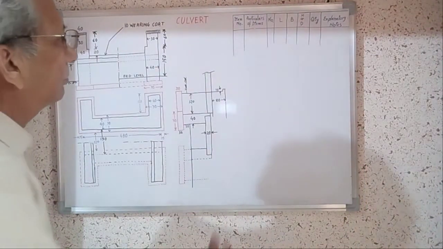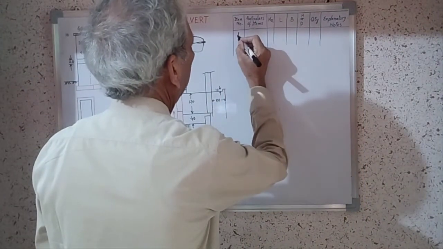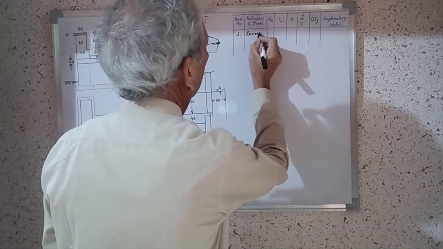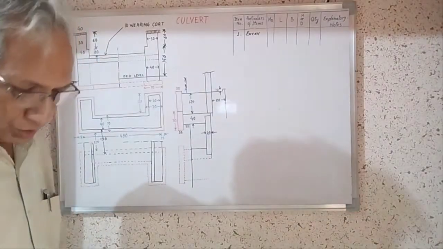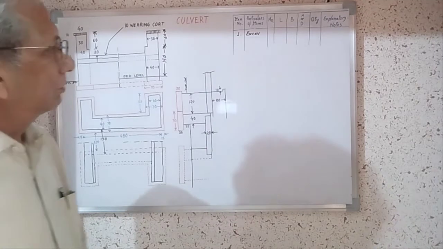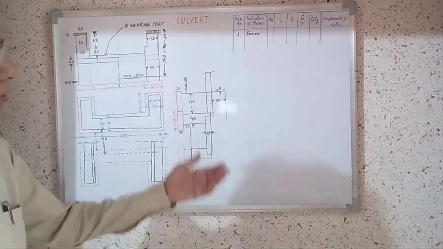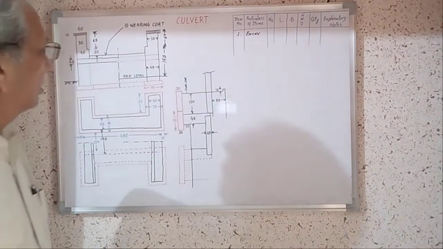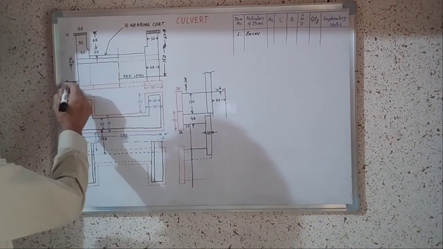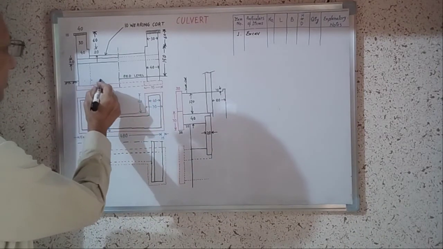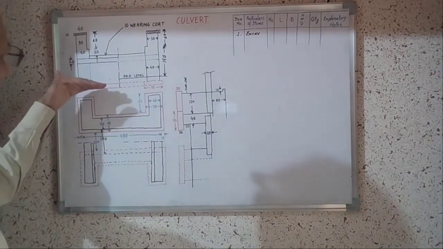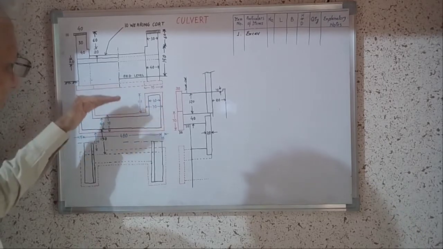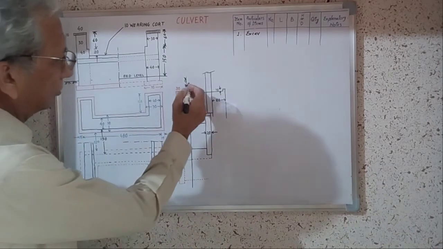Now first item we will take is earthwork in excavation. For any structure, when we are doing the calculation for finding out quantities of the different items, first we will take excavation. Now here, you see, this is our bed level, and we have to see how much we are going into the ground for excavation purpose. Here also this is ground level.